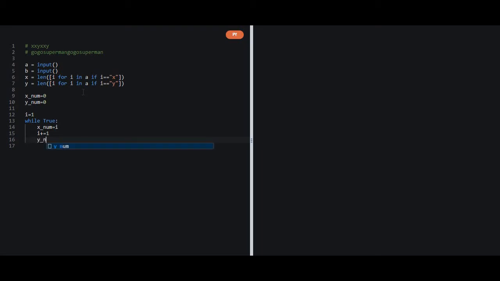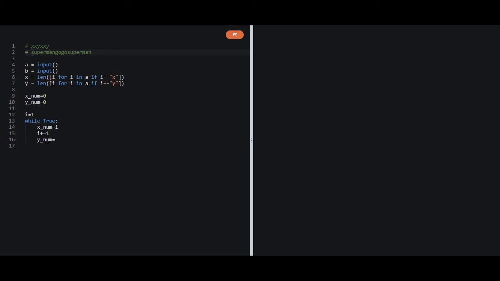So, and our ynum would be, so let's think about it. If we have 4 x's and the length of x is 1, what would be the length of the y's? So there are 4 x's, which means that how many characters are there? One second. There are 24 characters in this string. So 4 of them are x's only, so we can remove 4 of them.